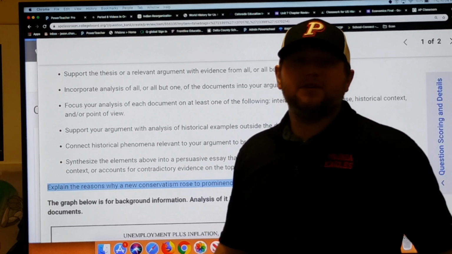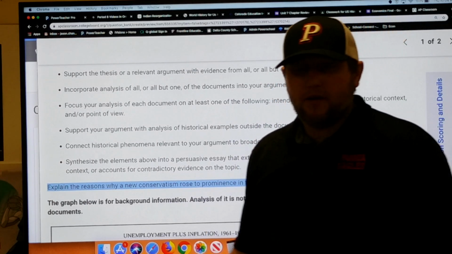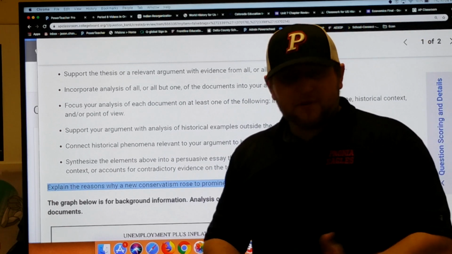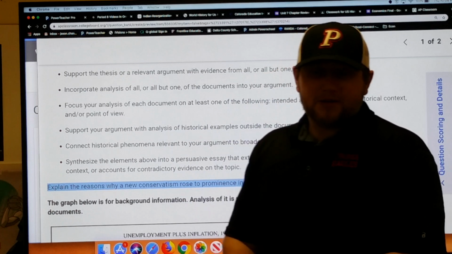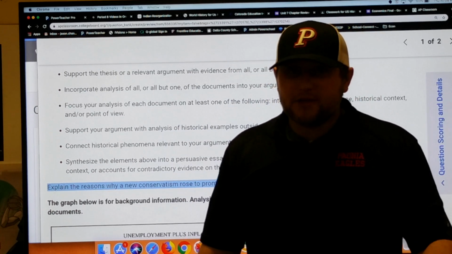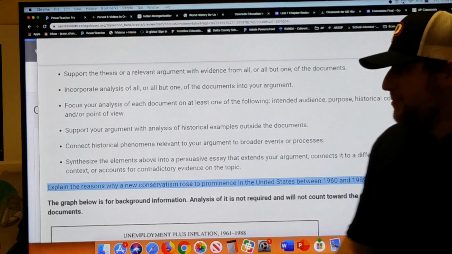You're never going to have an easier year to pass the AP test than this year, right? They're going to grade it a little softer, I would guess, and you only have to do one essay instead of 3, plus you don't have to do any short answer questions, and you don't have to do any multiple choice. So, we're in a good spot, okay, even though it might not always seem like it.